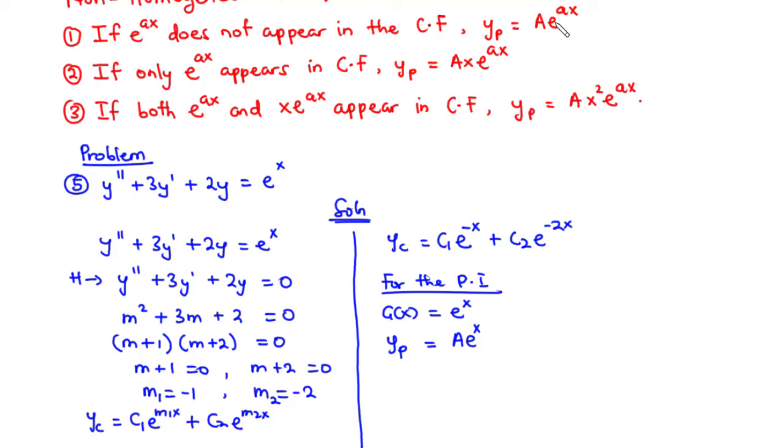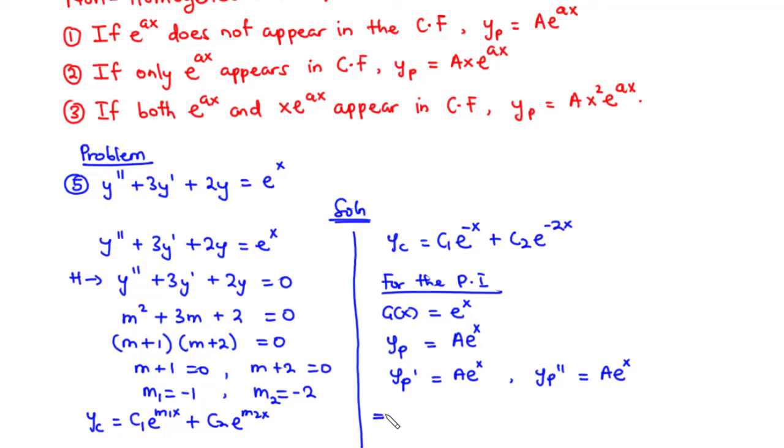So in this case, we have the smaller a to be 1, so 1 times x is x. Now for yp equals a times e to the power x, then we are going to have yp prime to be equal to, you differentiate x, you have 1 times a is a, and then you repeat what you have again. And then for yp prime prime, we are going to differentiate this. You differentiate x with respect to x, you have 1 times a is a, and then you have e to the power x. Now we are going to plug y prime prime, y prime, and then y into the differential